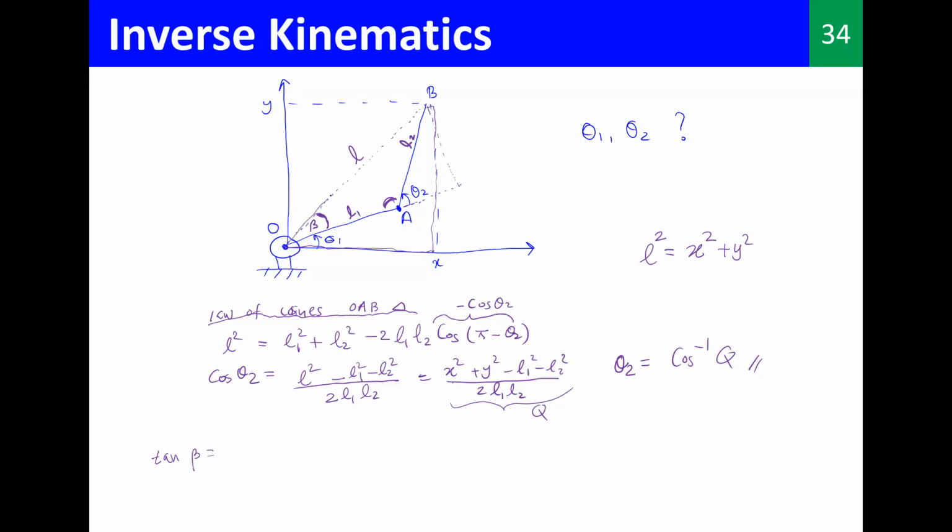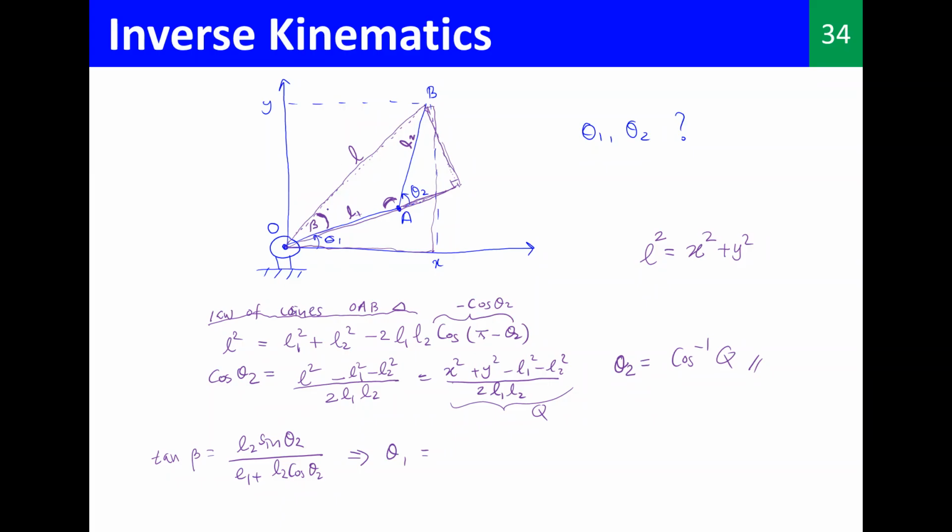So I'm talking about this triangle. Tan beta is actually L2 sine theta 2 over L1 plus L2 cos theta 2. I'm talking about this distance and this one. So from this, we get theta 1 equals,